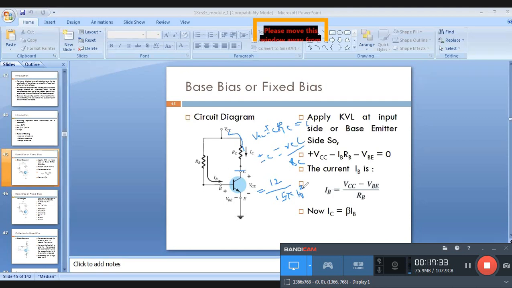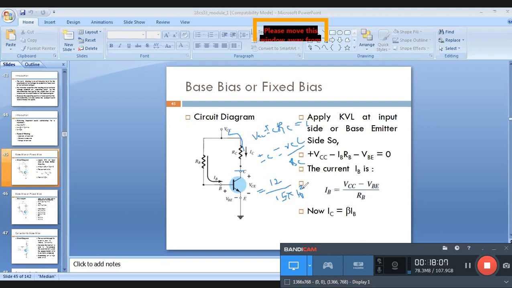Which terminal will take more voltage when the collector and base terminals are short circuited? In reverse bias, VBE will take less voltage, and in forward bias it will take more voltage. You can take the collector as 0.08 and the base terminal as 0.02. The difference will vary from the base terminal as well as the collector terminal.